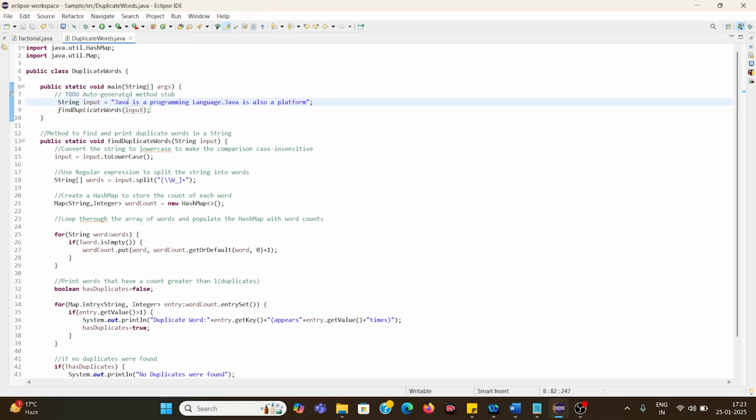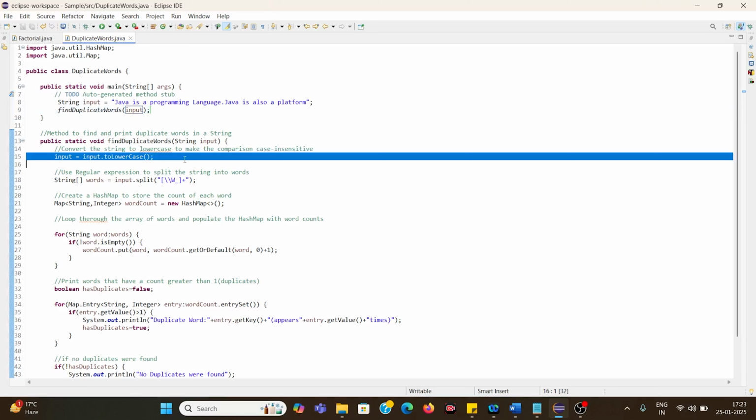So the very first thing is we took an input string. This input string, "Java is a programming language and Java is also a platform," is passed to the findDuplicateWords method here. Now, the very first line is case normalization. The first step inside findDuplicateWords is converting the entire input string to lowercase using input.toLowerCase. This ensures that